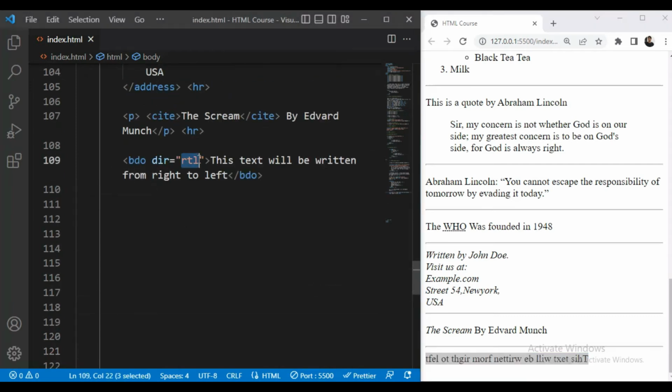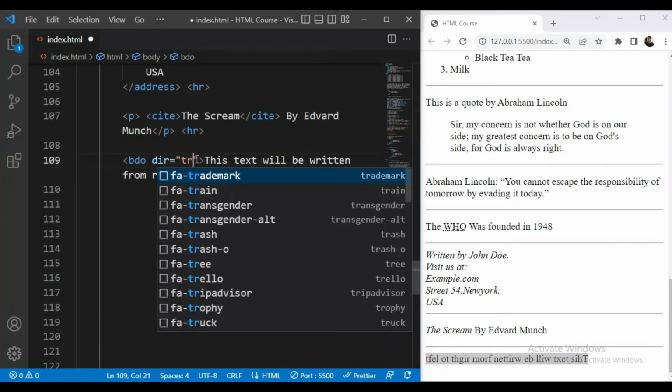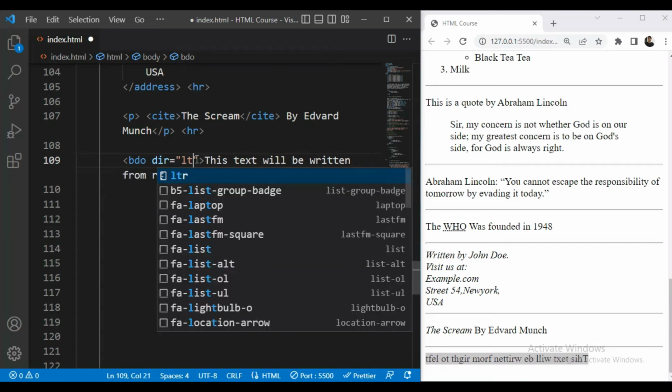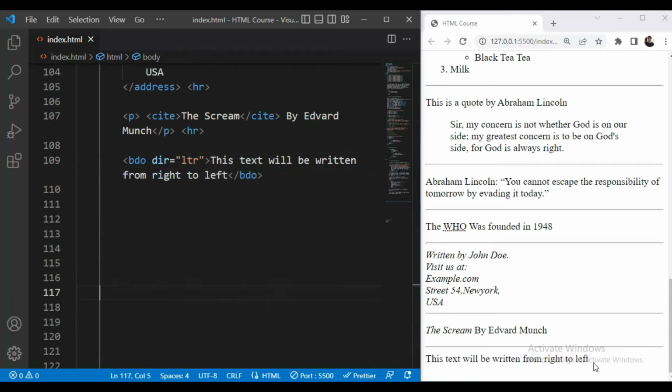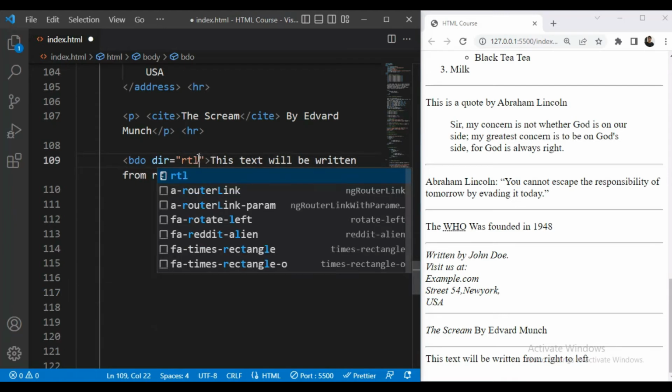Or if I give LTR, now you can see the original form, but when I write RTL, it is from right to left.